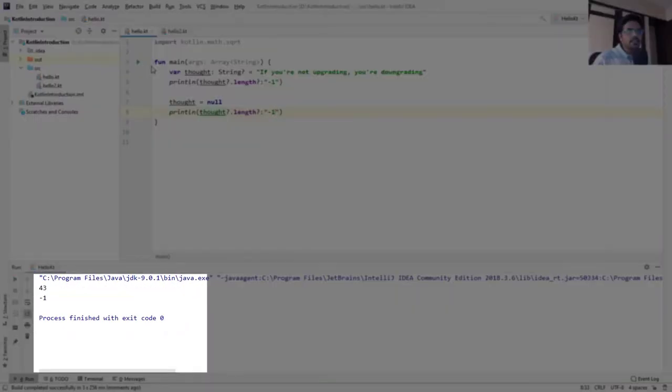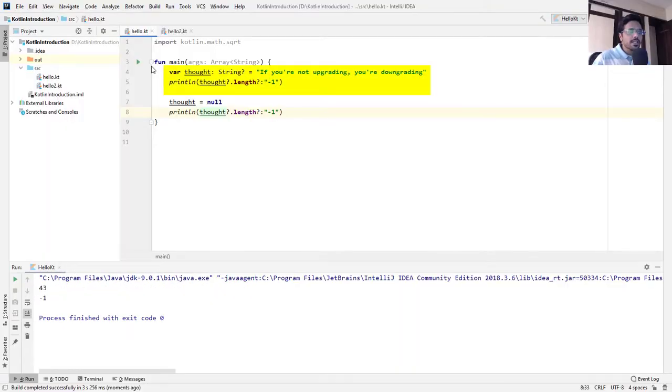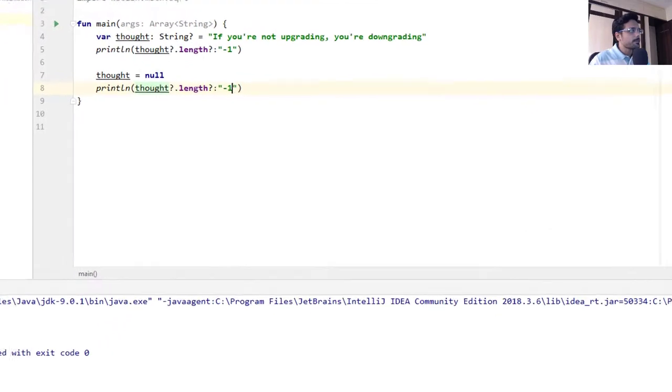As you can see here, when we call the print function the first time, it properly prints the length. But when we call it the second time, it is giving us the result as -1. That is, it is giving us the default value, which is -1 in this case. So it is equivalent to this.